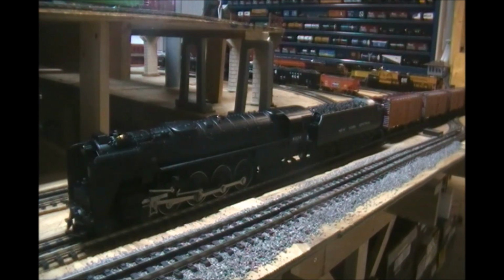Now if you're interested in purchasing the engine or the freight set, the standalone engine retails for around $1,200. They have two different road numbers available. They have road number 6014 and 6022, and then they also have the sets. They have the freight set that you see here, which contains number 6024. Then they have a passenger set which has 4 Lightning Stripe passenger cars, and the engine and the road number